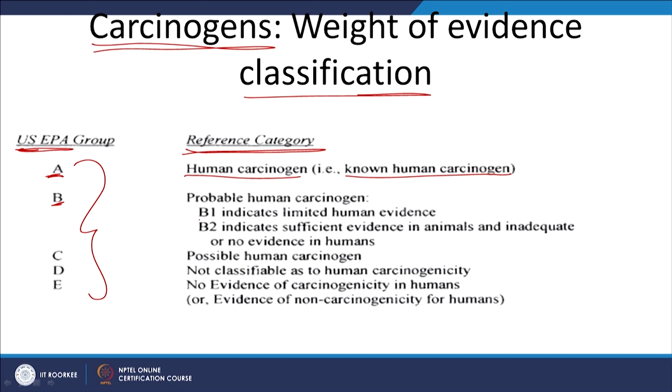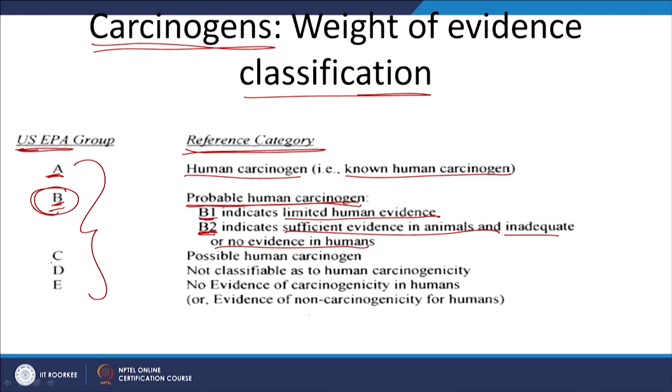In B, there are again two classes, B1 and B2. The compounds that fall under category B are classified as probable human carcinogens, right. B1 indicates there is some limited human evidence, and B2 indicates sufficient evidence in animals, but inadequate evidence or no evidence in humans, right. So, obviously B1 is relatively higher and B2 relatively lower, as in B2 we do have confirmation that the relevant compounds at the relevant exposures, or relevant doses, cause cancer